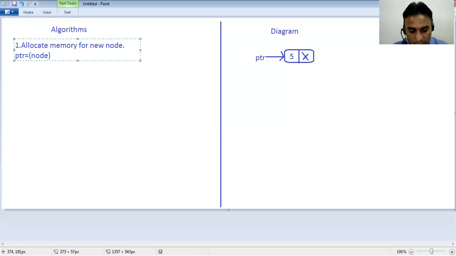So we have to write here the malloc function, which will provide the memory block for the node.